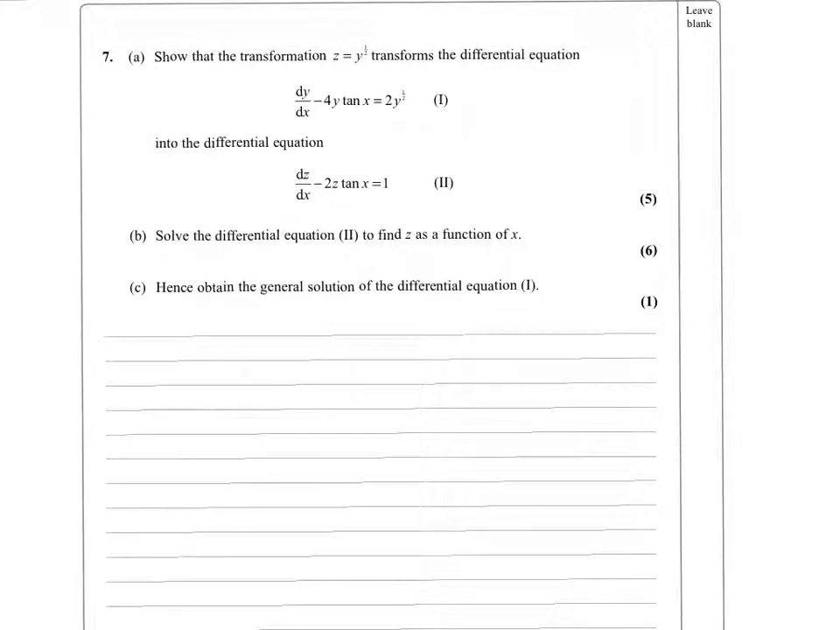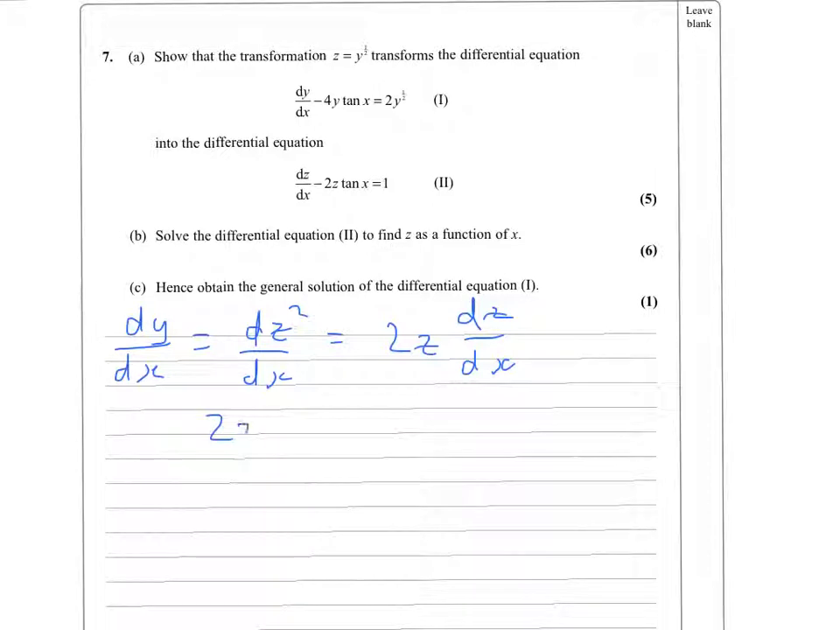What we need to do to eliminate y from the first equation is, well, some of it's easy, but we've got to get rid of dy by dx. And dy by dx equals d z squared by dx, which is equal to 2z dz by dx. Substituting that in, then we get dy by dx is 2z dz by dx minus 4y, which is 4z squared,